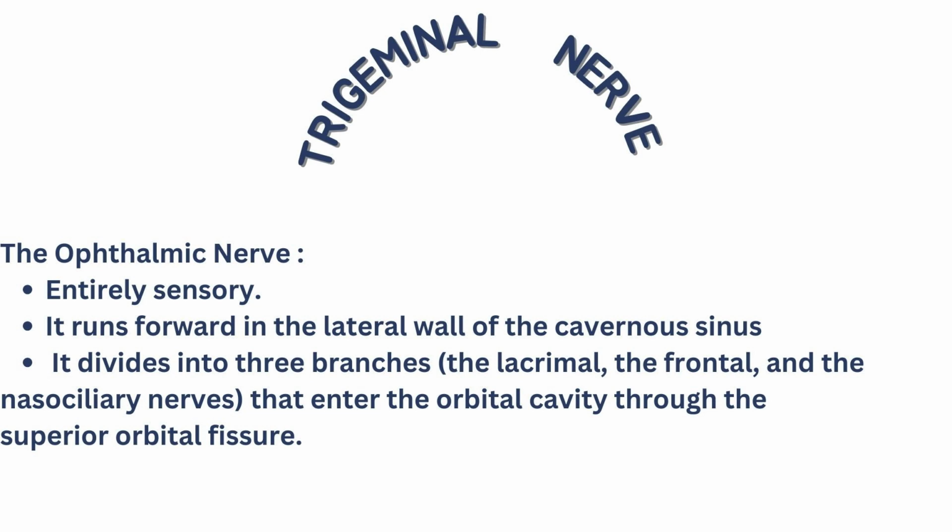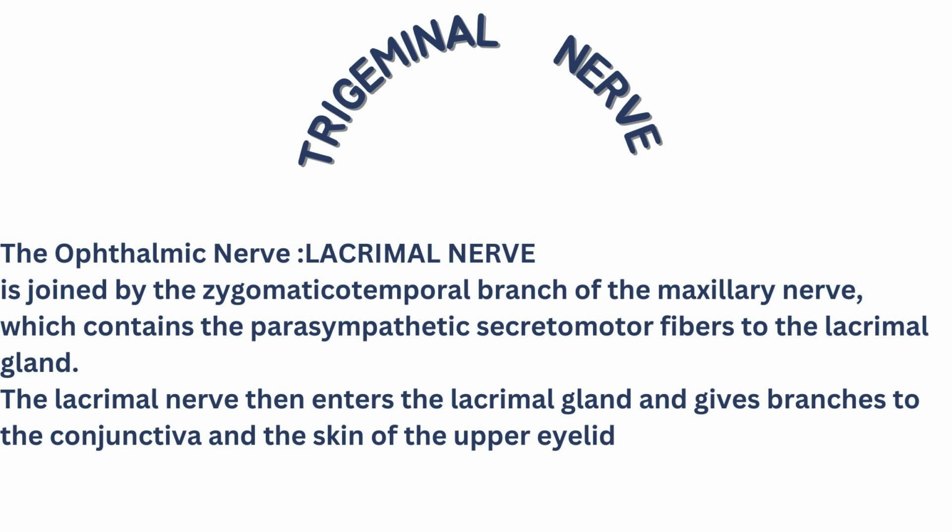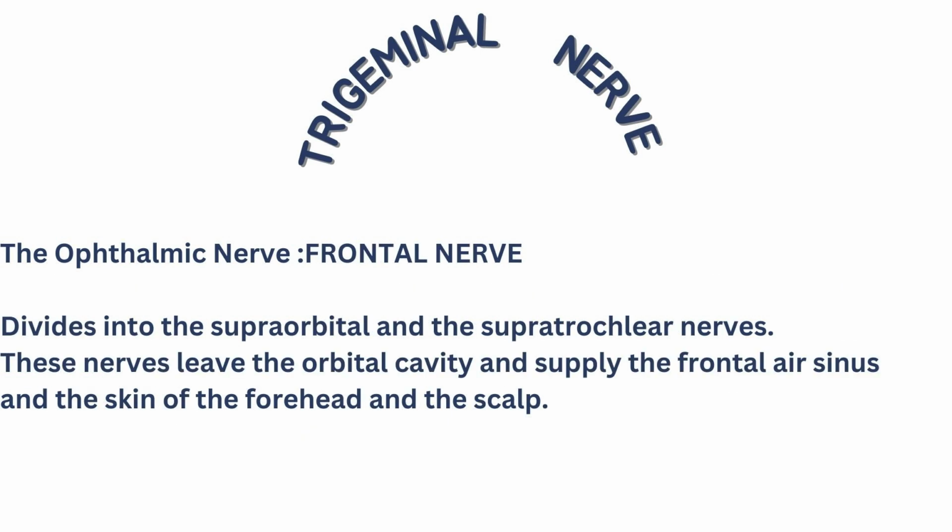the nasociliary nerves. The lacrimal nerve joins the branch of the maxillary nerve that contains the parasympathetic fibers to the lacrimal gland. The lacrimal nerve then enters the lacrimal gland and gives off branches to the skin and conjunctiva of the upper eyelid. Then the next branch is the frontal nerve, which is a branch of the ophthalmic nerve that divides into supratrochlear